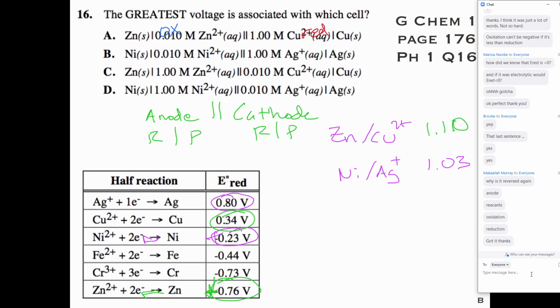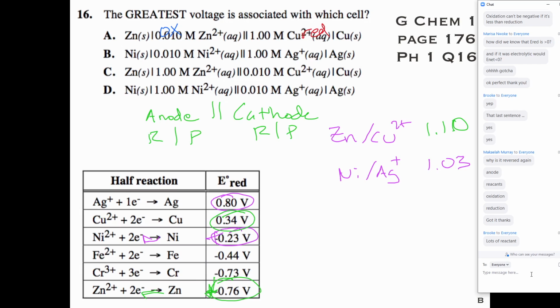But then without going into the Nernst equation, I want you to answer just conceptually, what do you think is going to give me more energy? Lots of reactant or lots of product? Which one do you think is going to help me to get more energy out of it? Having lots of reactants or lots of products? Okay, so we want reactants. Let me make that little note. We want reactants,